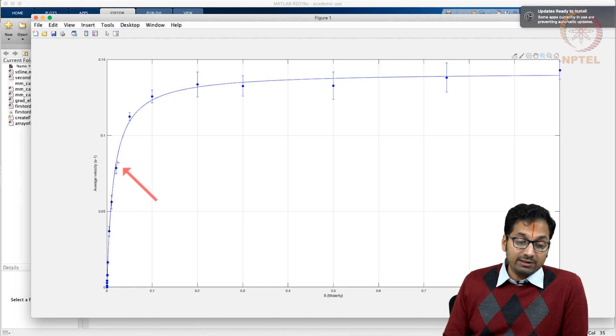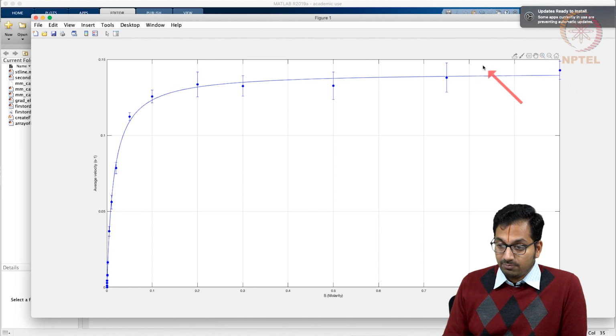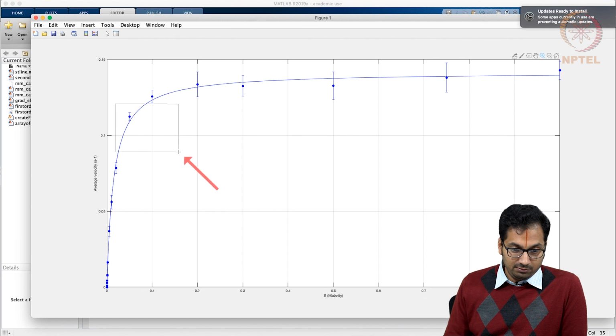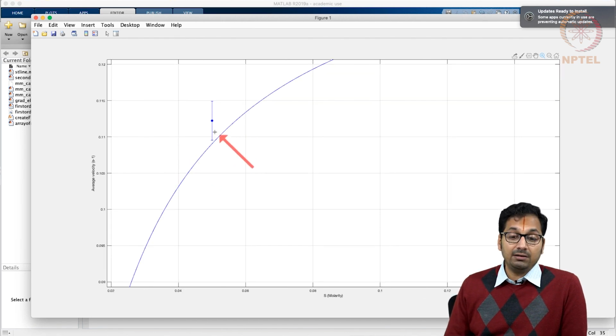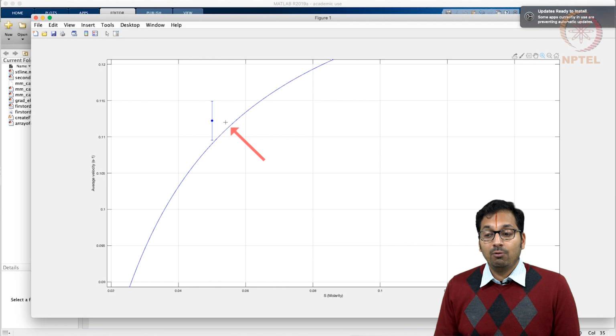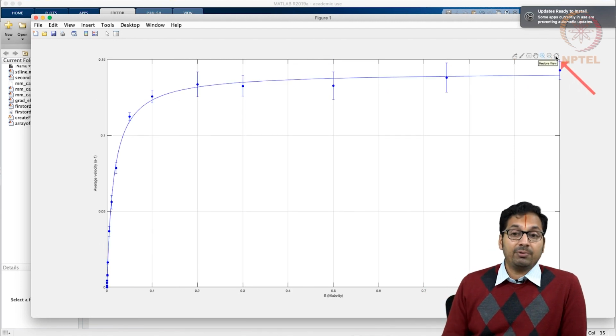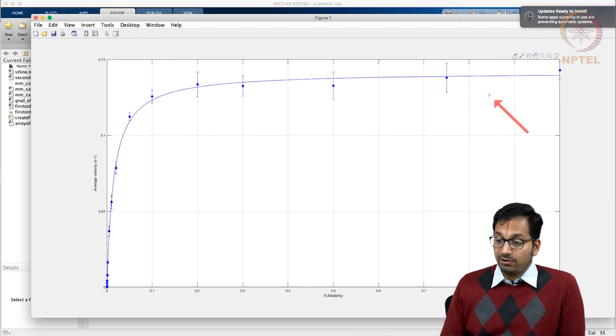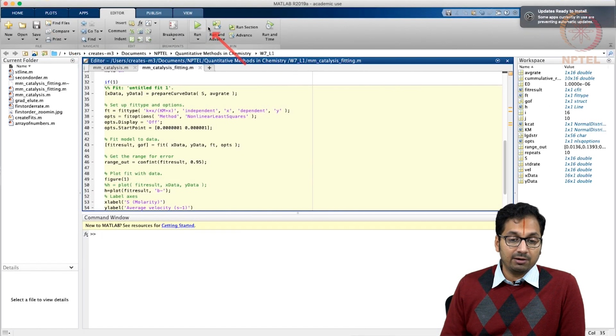And here one is able to understand the error that's associated with each measurement. Let me zoom in a bit so that you can see it better. Although the fitted curve does not pass through this data point, within 2 standard deviations it gets very close, and within 3 standard deviations it's going to fall. Once again, this helps you understand what precision means. Apart from that data point, all of them fall very nicely within the fitted curve. So we can repeat it again and again.